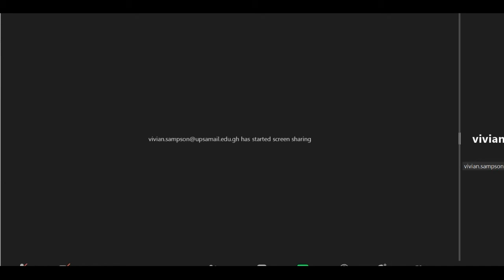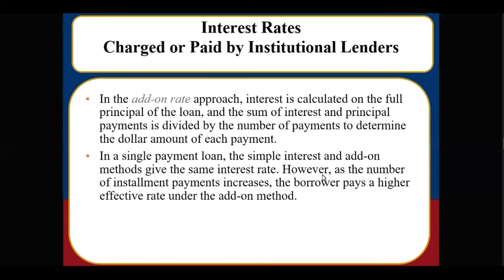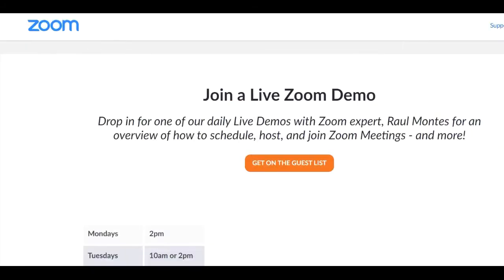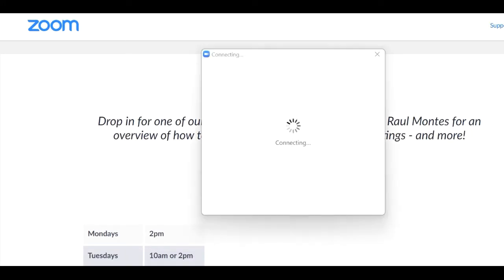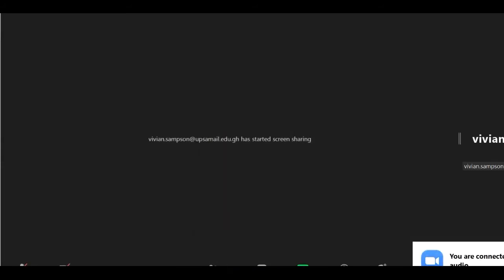So that's the total amount. That is the total payment that you are going to get. First for the month. Yeah, for the month. So for the 48th month, we are going to know the total interest you have paid. For us to know the total interest you have paid, we just have to multiply the